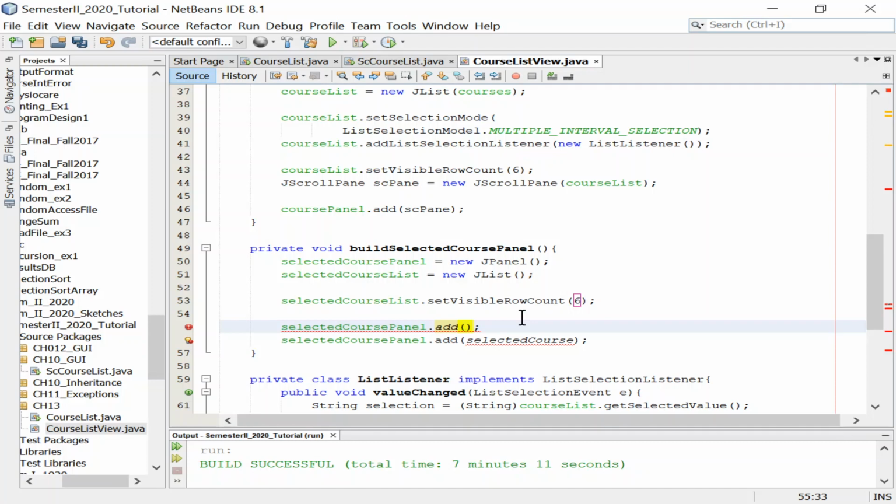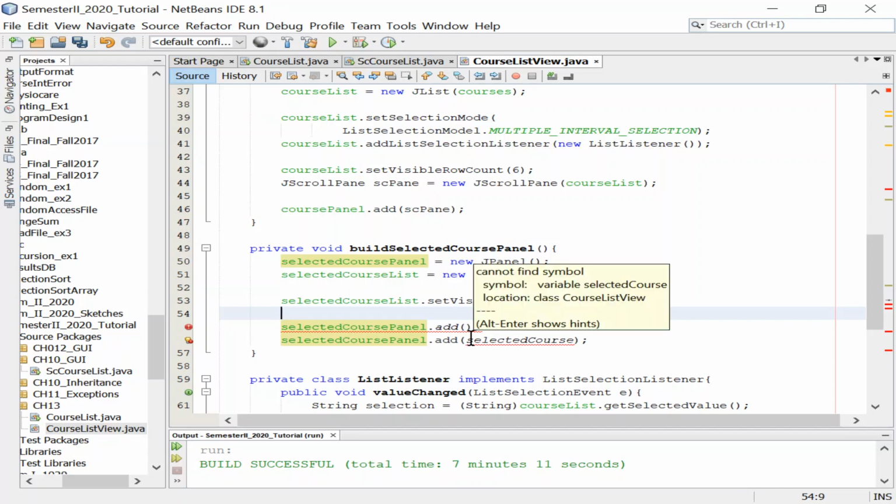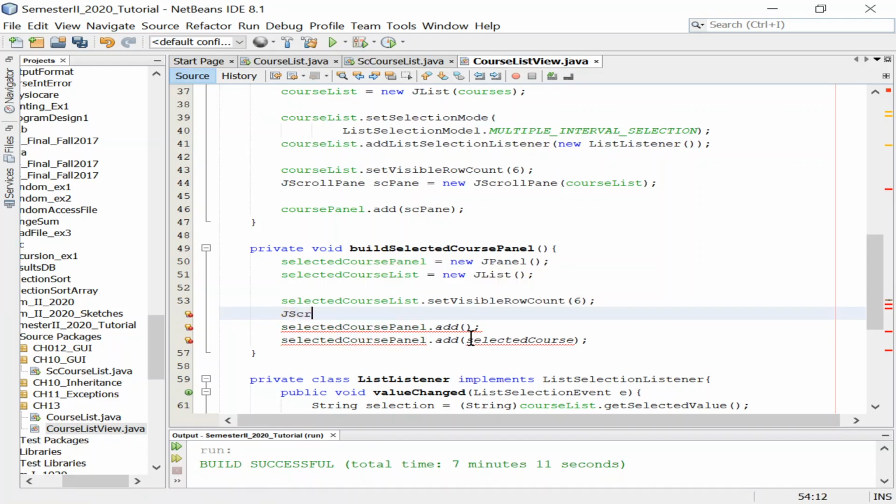So what I'm going to do is like this. I'll just instantiate this JScrollPane, and I give it the name selected course